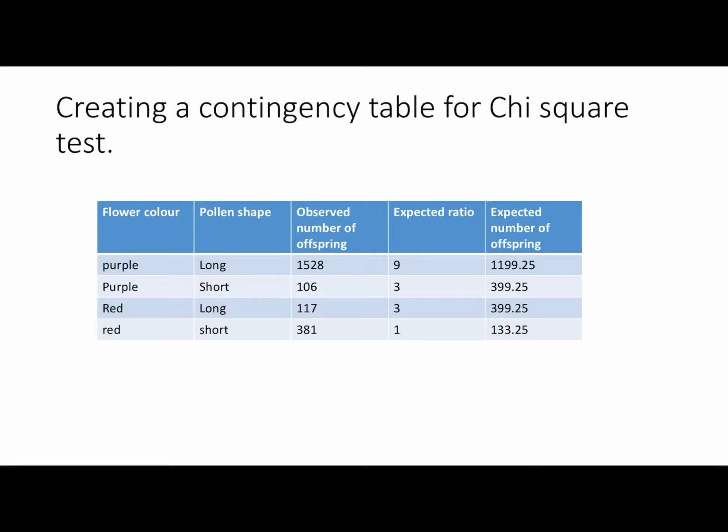Now, if you remember, when they got the results for the breeding experiments between two heterozygous F1 plants, they could see straight away that they didn't follow the expected ratios of 9, 3, 3, 1. But when we're doing chi-square, just to prove this is the case, we need to work out what those expected numbers would be. So first of all, you need to know the total, which is 2132. And then you need to divide that by the total number of possible outcomes. So you add 9 plus 3 plus 3 plus 1 together and you get 16. So you do 2132 divided by 16, and that equals